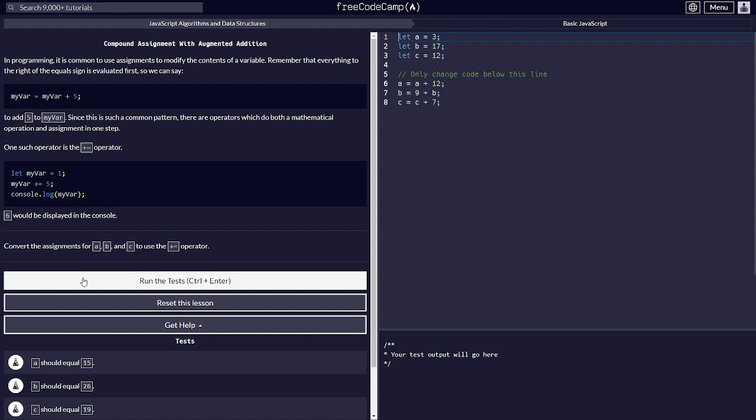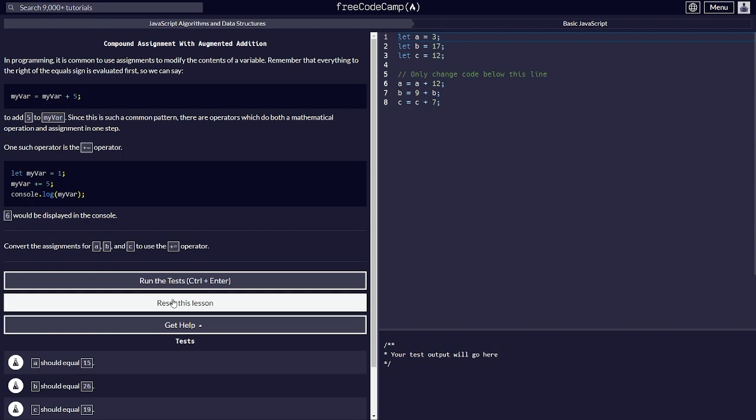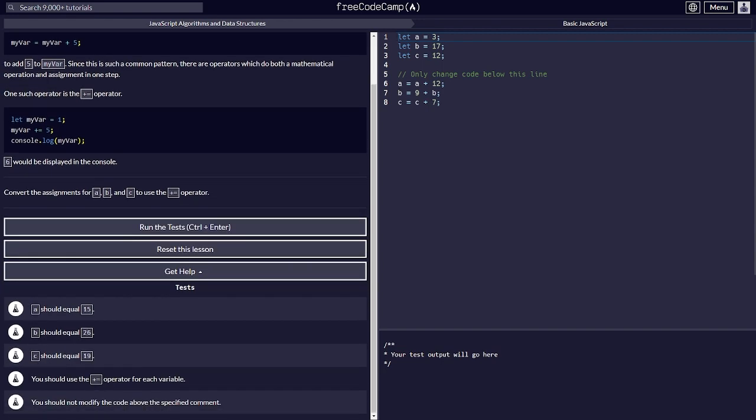Convert the assignment for A, B, and C to use the plus equal operator. So let A equal 3, only change code here. You should use the plus equal. You should not modify the code above the specified element. Okay, so